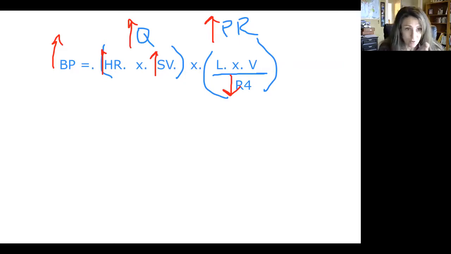Okay, so we're going to go back and talk through each one of these things. What's causing the increases in heart rate during exercise? What's causing the increases in stroke volume? And what's causing the decreases in radius? Okay, so starting with heart rate,